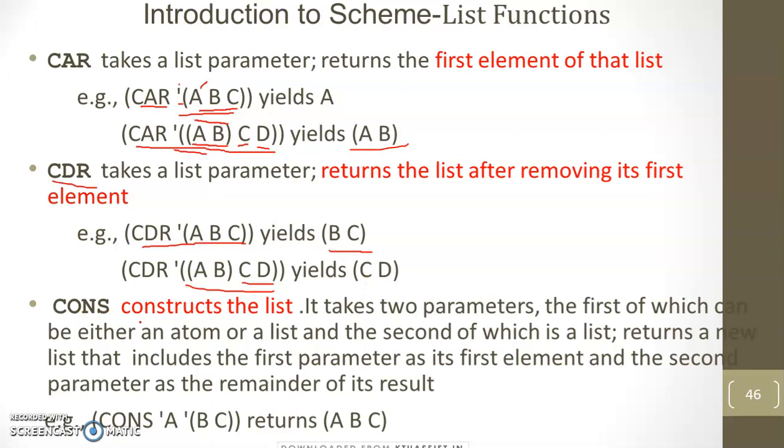Then CONS. CONS constructs the list. How? It takes 2 parameters, the first of which can be either an atom or a list, and the second will be a list. These 2 parameters are combined and it returns a new list that includes the first parameter as its first element and the second parameter as the remainder of the list. So considering the example,